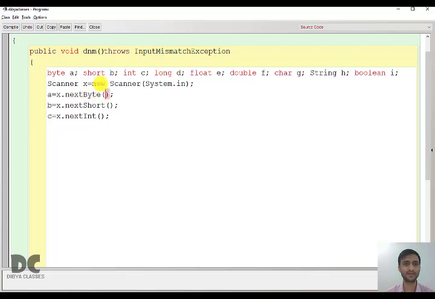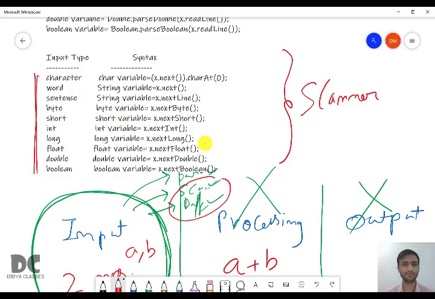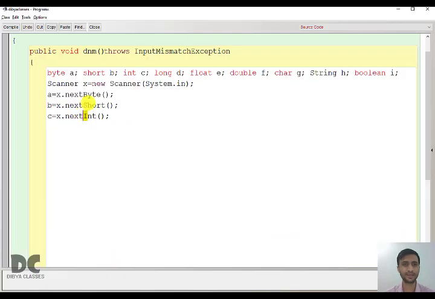For byte you write Byte, for short you write Short, for int you write Int. Just remember that the first letter will be capital. Then d, x dot next, it is long, so write Long. For e, you have to write x dot nextFloat because it is a float value.